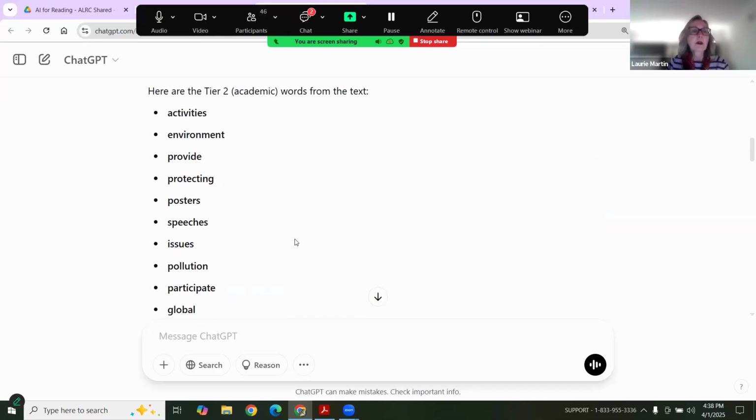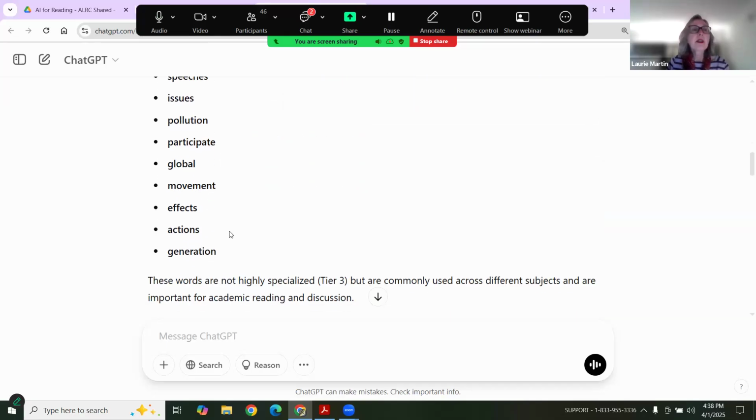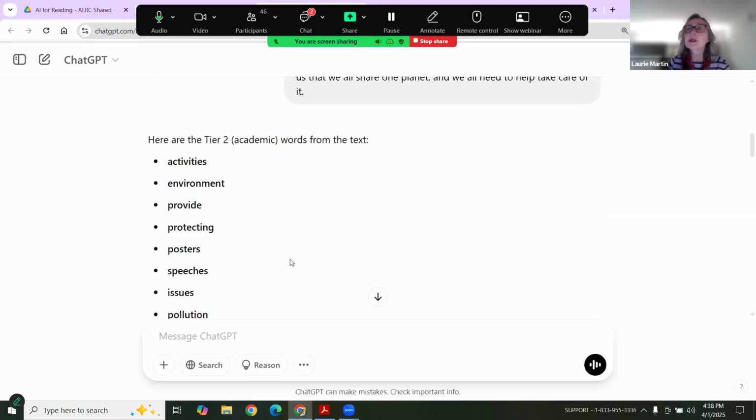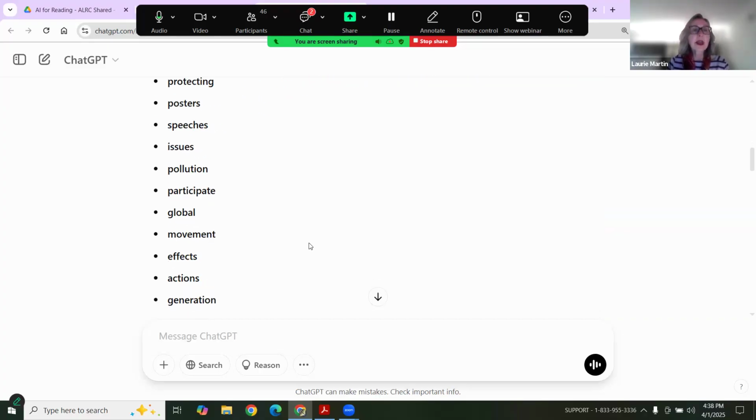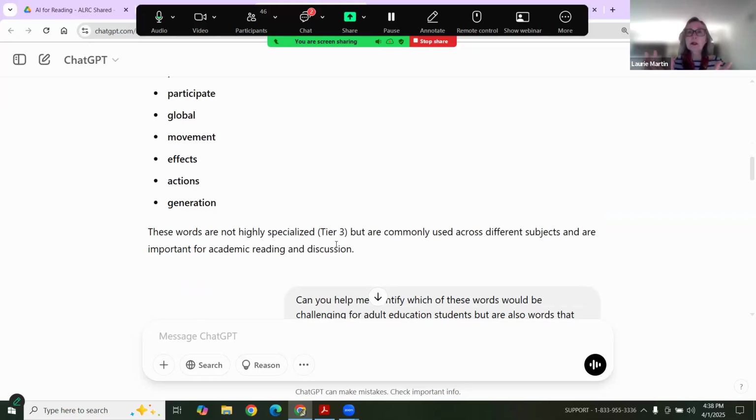But look at how many words there are. So it's more words than I want to deal with teaching in my class. So now I want to cull it down. So these words, ChatGPT tells me that these words that it just gave me are not highly specialized, which would be more like what we call tier 3 words, but they are commonly used across different subject